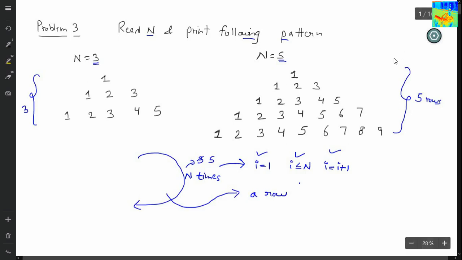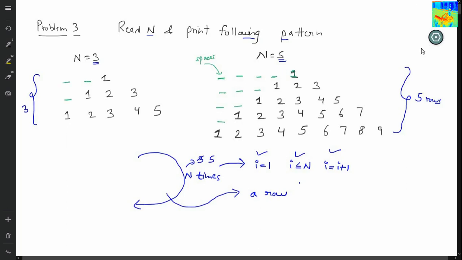Okay, so first of all, let's look at the pattern again. First, I am having spaces and then I am having numbers. So these are spaces. So for printing a row, first I will print spaces and then I will print values. Similarly, I am having spaces here. Okay, so for printing a row, first I will print spaces and then I will print values.